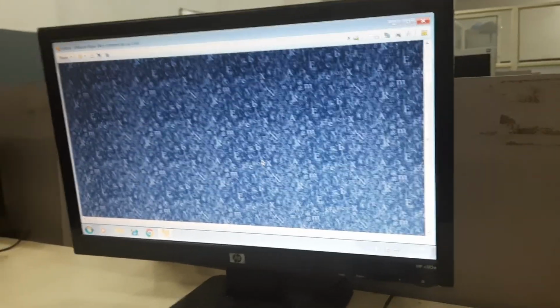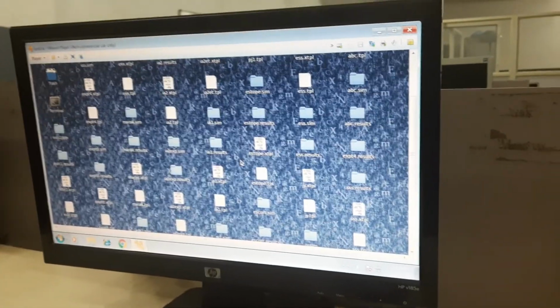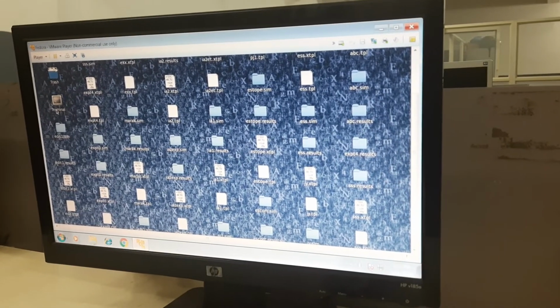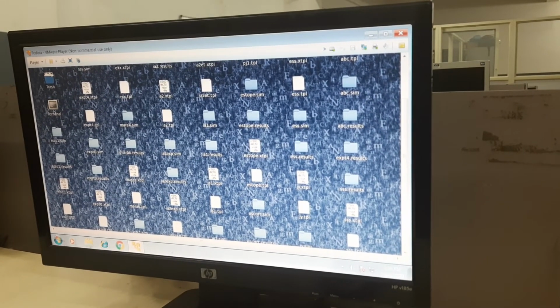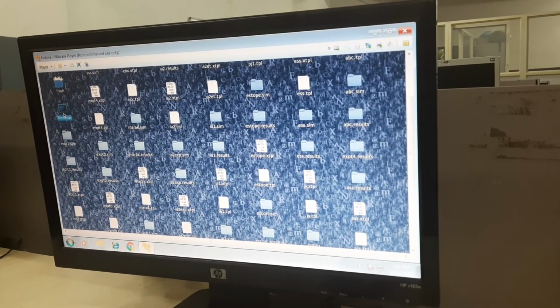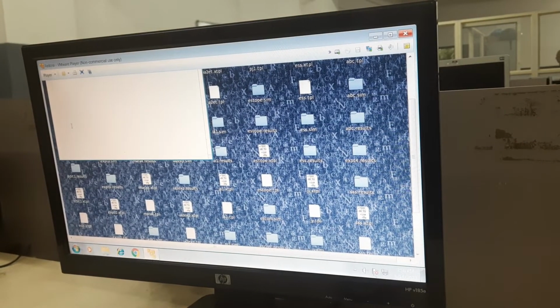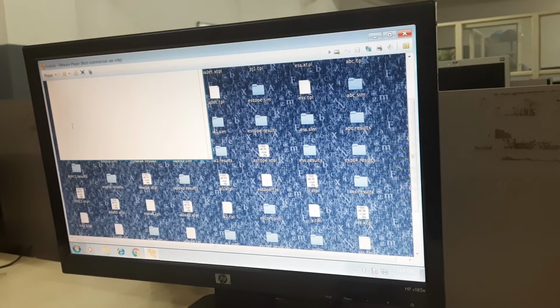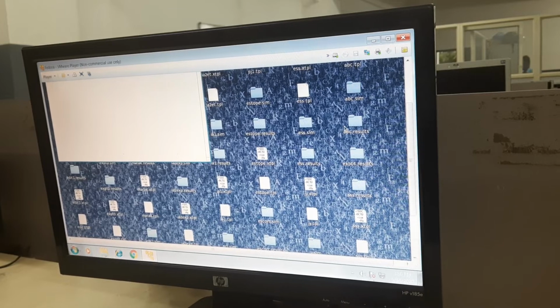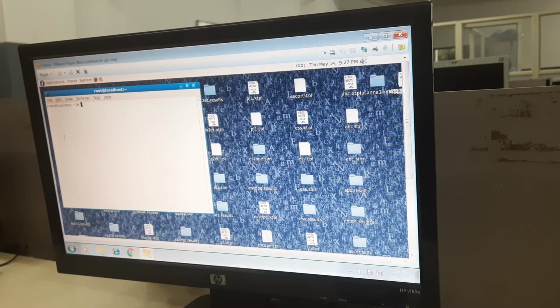So we will be using the Fedora OS. Shortly we will see the icons. So here are our icons. After seeing the icons, we need to click on this terminal button. I'll be clicking on this terminal button and then do a right click and say open. Once I do this open, the first command we'll be using is dispatcher.